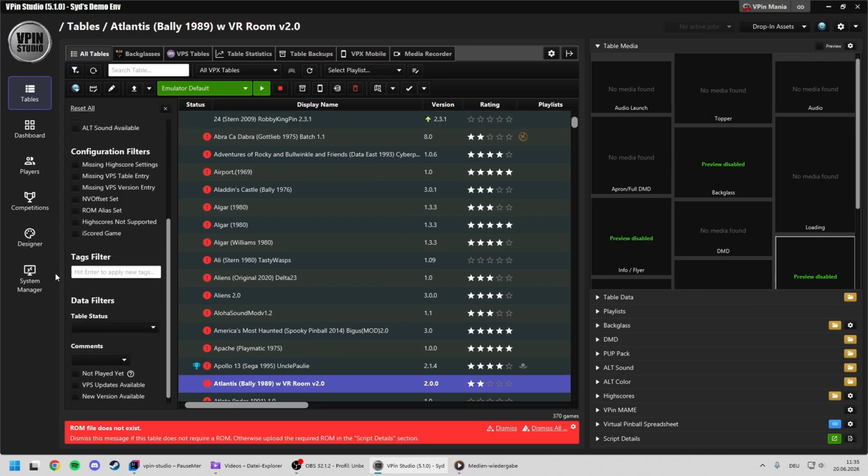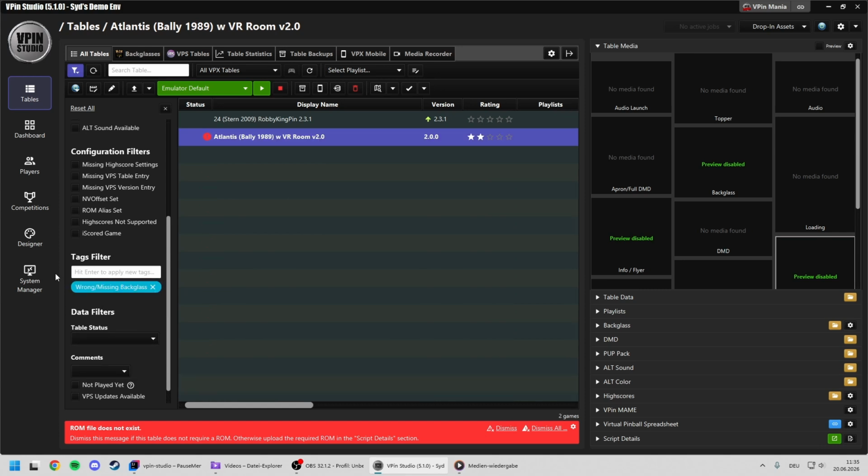the name of the tag you have added. Here it was wrong backglass, for example, I've selected, and as you can see, the tables that have this action, this pause menu action item or tag, will be filtered, and you can fix the table. Note that because you have played the table, you might have to press reload so that the client detects the changes of the table, so that it's actually refreshed with the latest tags that have been applied while